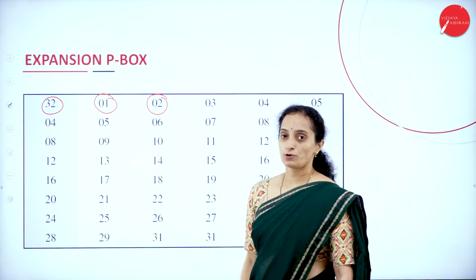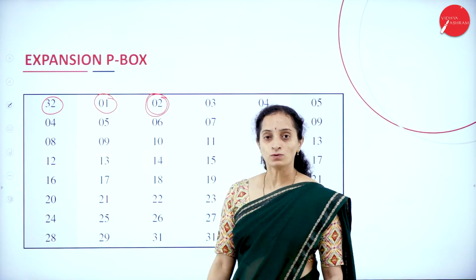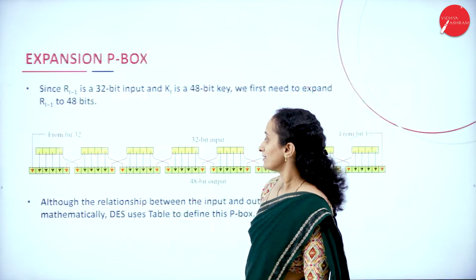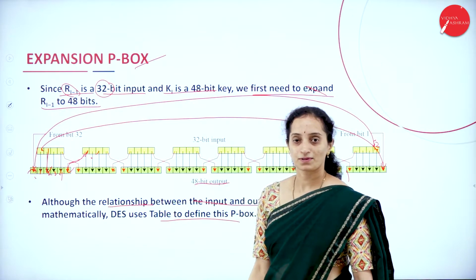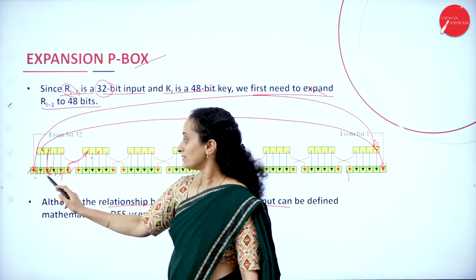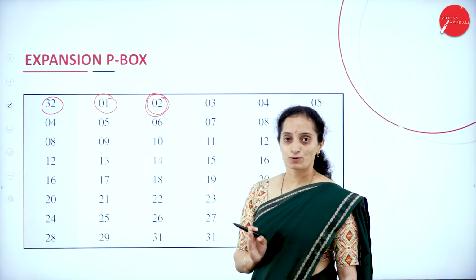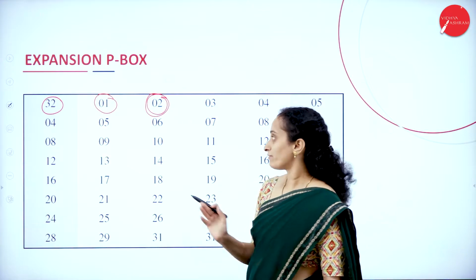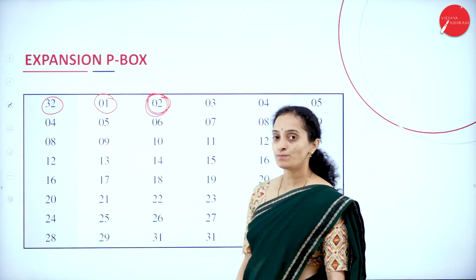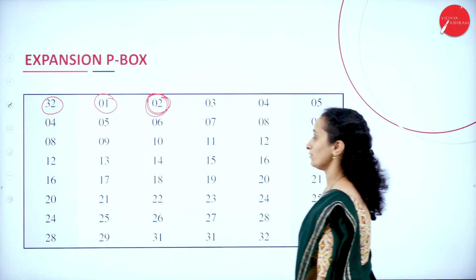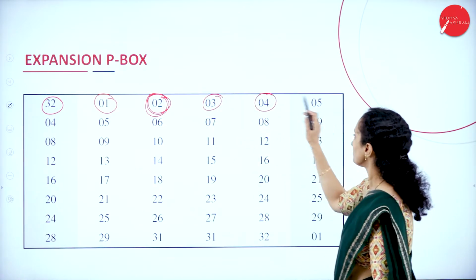Whereas the second bit is taking from the first bit. Second input port is given to third, like second bit is for third bit. Okay. This is the input port. This is the output port. Okay. 2 is the input port. It will be redirected or directed to third bit of output block. Okay. Like this.